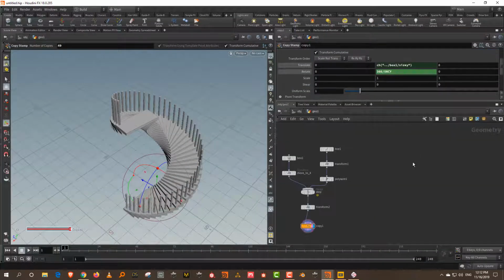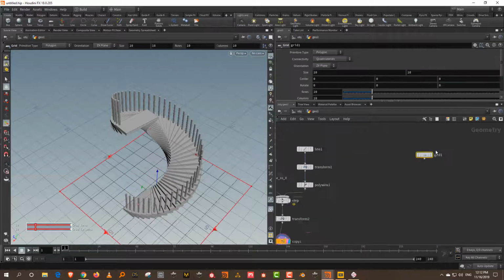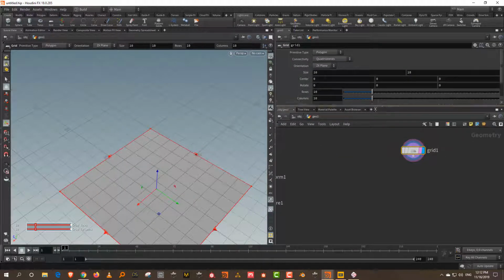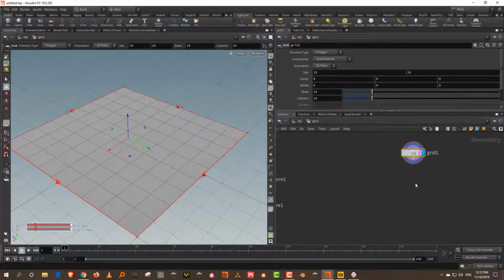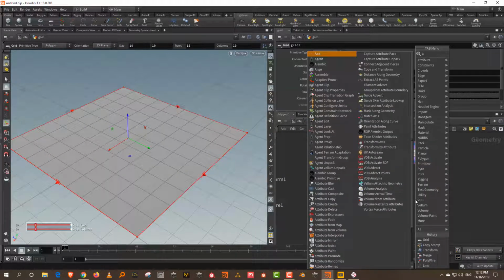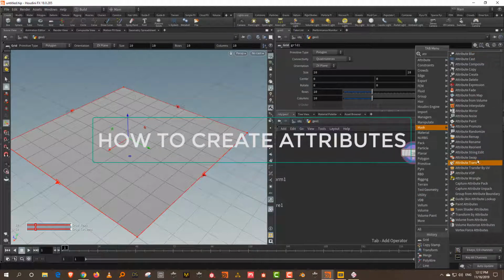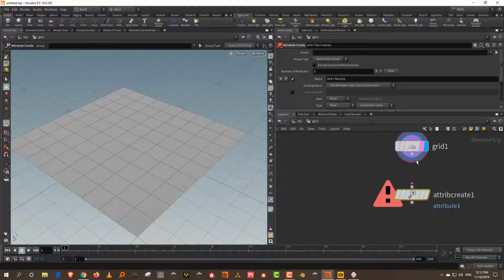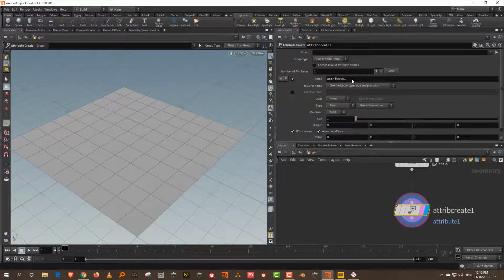So if I create a simple grid and I want to create an attribute for this called hello, the simplest way is you get something called an attribute create. If you type attribute, you'll get a huge long list, and we want to look for attribute create. So take an attribute create, and it has a bunch of options in there. The first one is the name of the attribute.